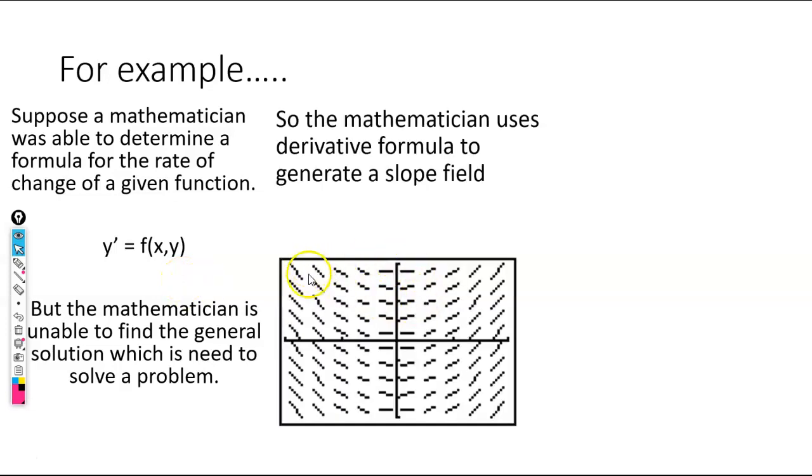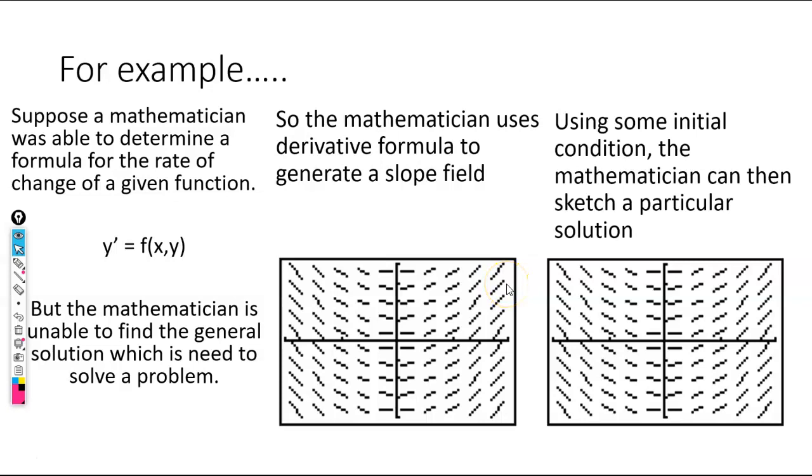Well, he could graph all the slopes, and from that, he could think, oh, well, if this is what the slopes look like, then my general solution must be a quadratic, because these look an awful lot like parabolas. Okay, so that's kind of the idea there about why mathematicians might like slope fields. I'm sure they're used for other things too, but for now we'll